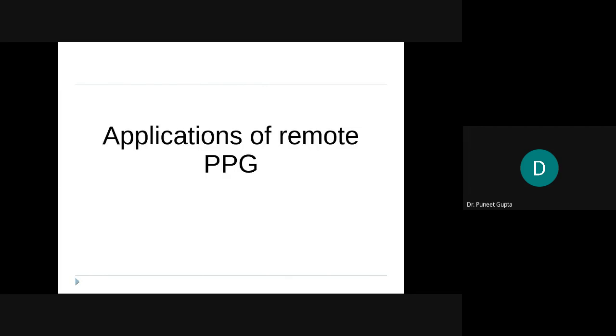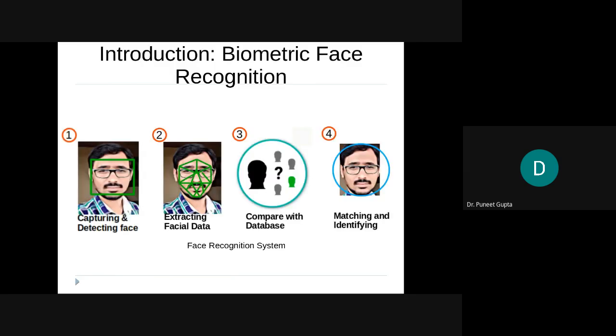As I was saying, I was looking at multiple application areas. I'm just going to discuss two of them that I like the most and have worked on more extensively. The first one is face anti-spoofing. To understand it, what biometrics are, and how biometrics are used for identification, matching and verification, was covered in the previous lectures by, I think, Dr. Anirban.